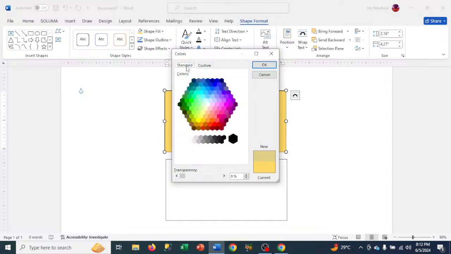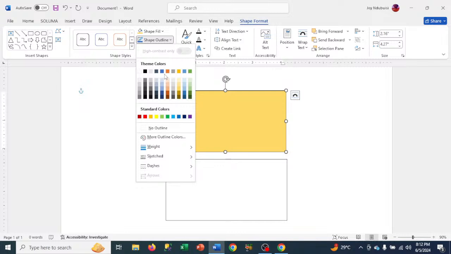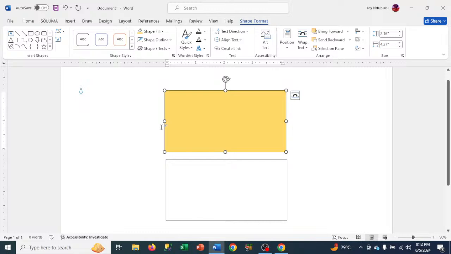Standard gives you different aspects. Once you select a particular circle, that's what that is. So you have this standard or custom, where you mix your own color, add it up and see what it will give you. But however, and then I will say no outline. I will say no outline. Now, after that,